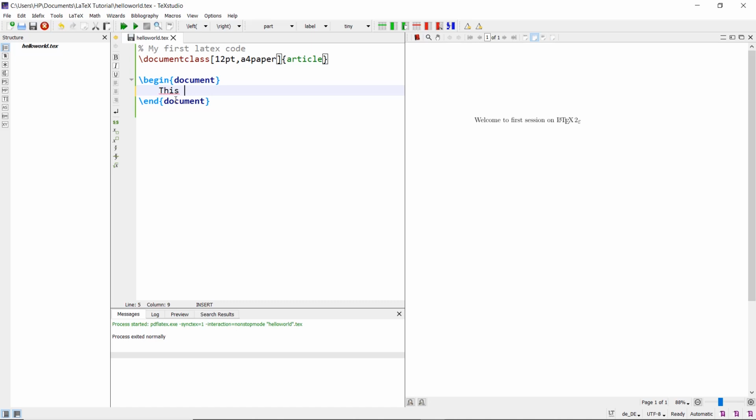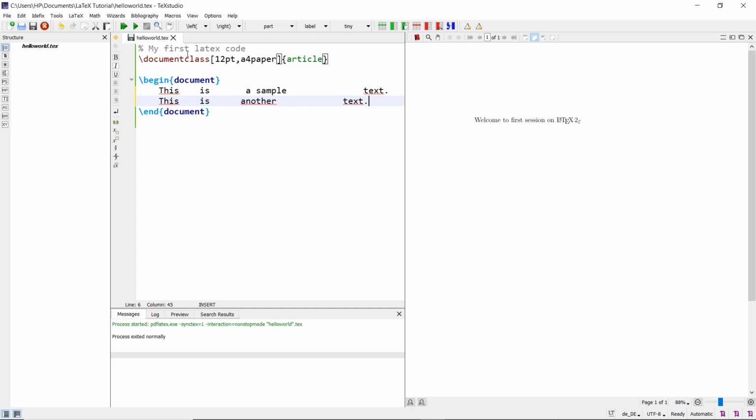This is, and after this I'll put a tab, so many tabs, a sample text. This, and after that I'll put one enter. This is another text.